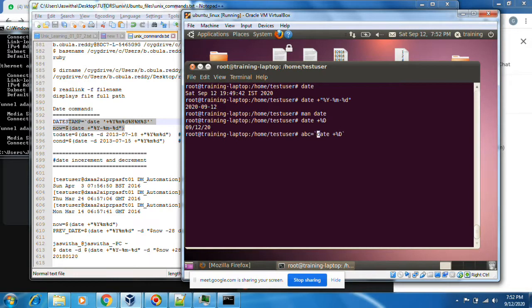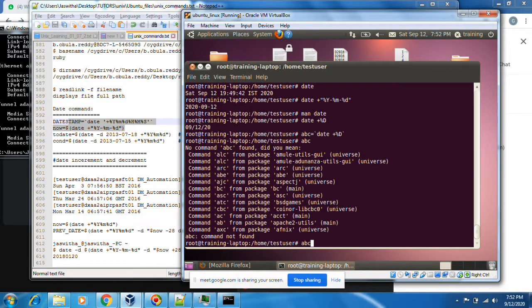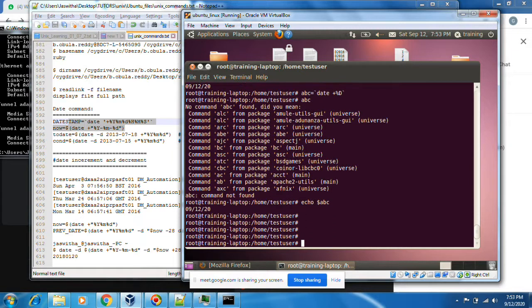Backquotes are nothing but you execute the command and whatever the output of this command is, it is stored into this variable ABC. Now for ABC, how to print? echo $ABC. Then only you can see this. See, this date is stored into this ABC.